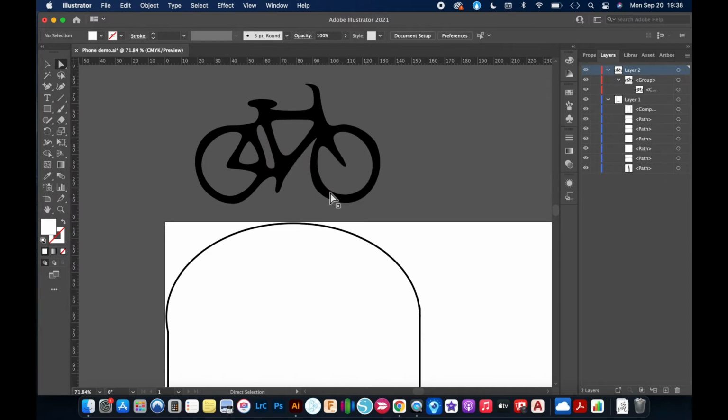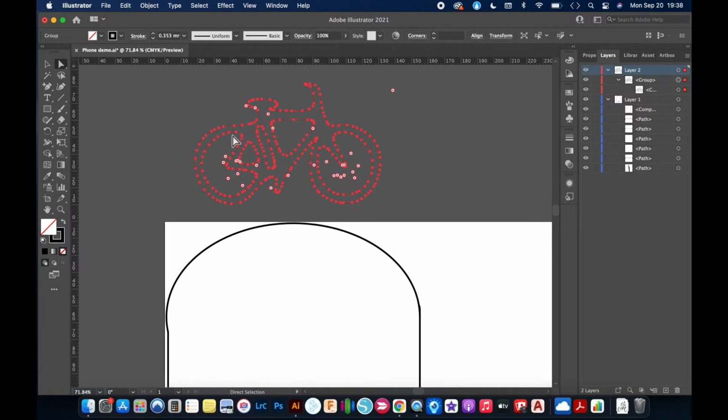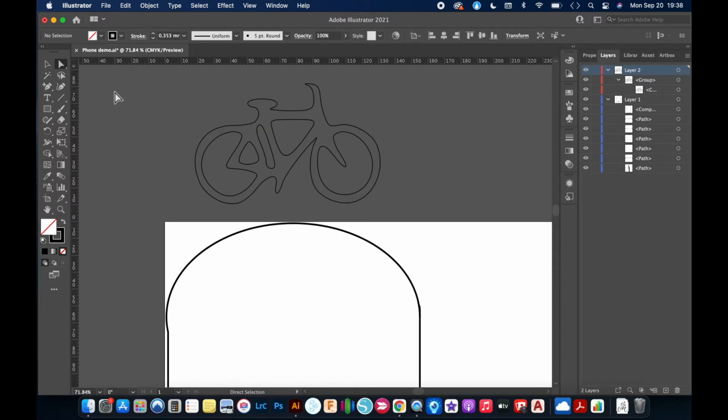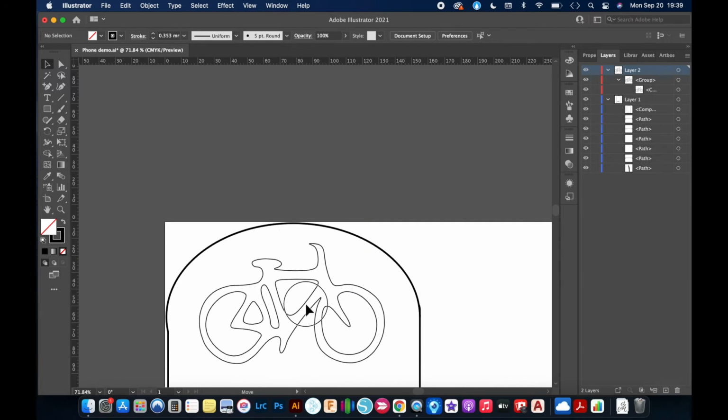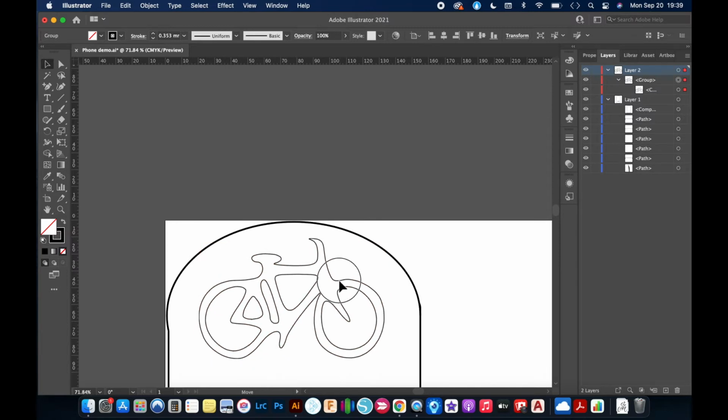Now we have just the black part, and if we click on the black part, you can see how it has a stroke, but if we look over here on the side, you can see that it's a fill with no stroke. We want to flip that, because if we have a stroke and no fill, we can cut that line, right? How does that look? That looks pretty sweet. And we do understand how that can very easily, if we change that to a 0.001, get cut out, so we can have a